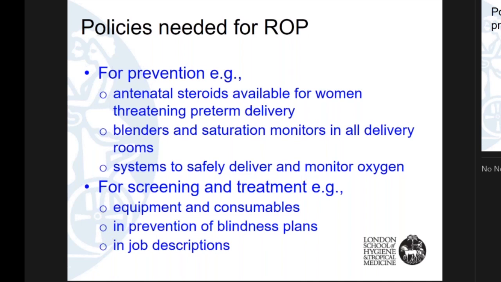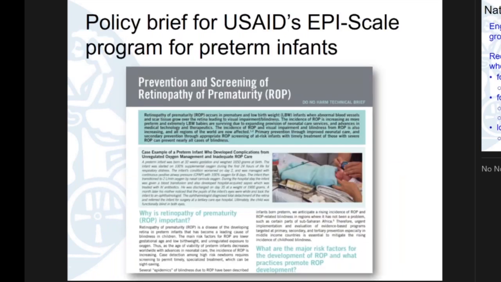There need to be equipment and consumables for screening and for treatment. Ideally, control of RoP should be included in prevention of blindness plans and, importantly, in the job descriptions of those doing the screening and treatment, so time is allocated for these activities. Policy briefs can be a very important way of informing decision makers about what needs to be in place, and this is an example of a policy brief for USAID's Episcale program, and it talks all about RoP screening and